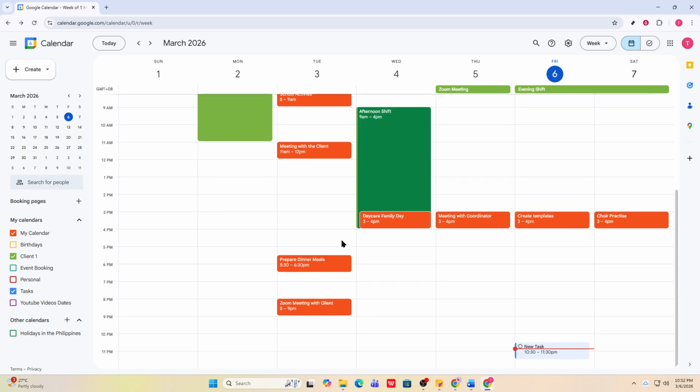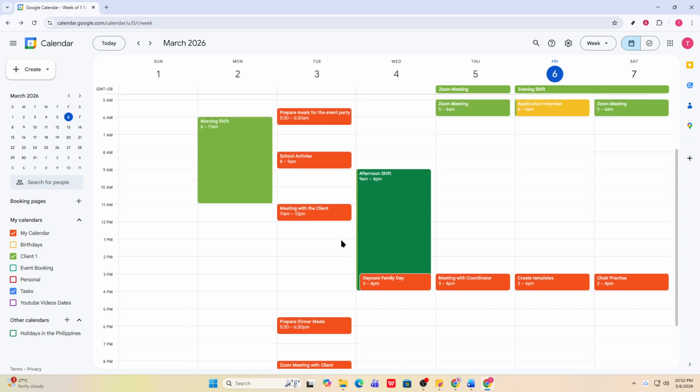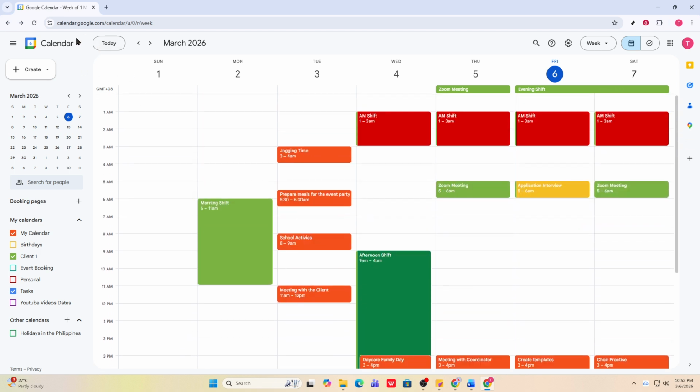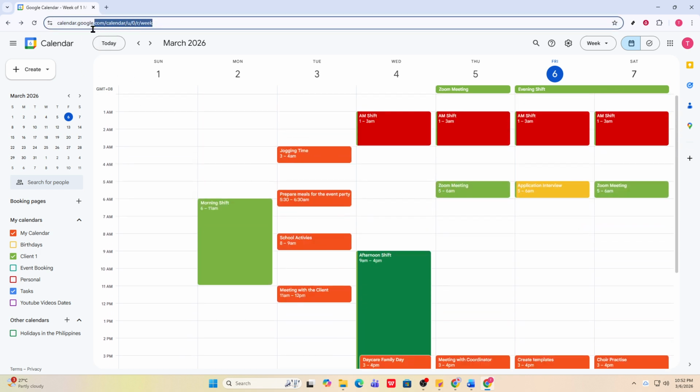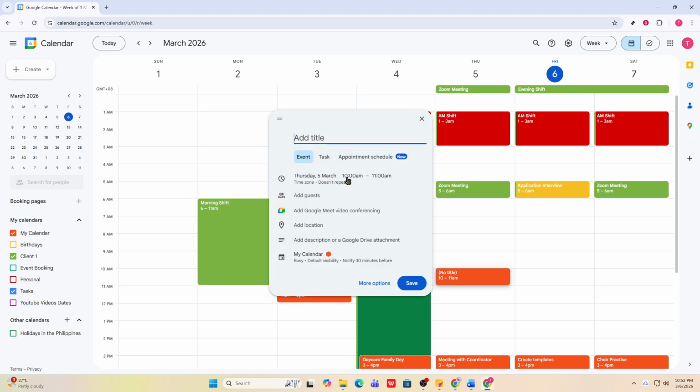Start by opening your preferred web browser and heading to calendar.google.com. If you're not already signed in, log into your Google account so you can access your calendars. Once your calendar loads, choose the event you want to work with. You can either click an existing event on your schedule or start a new one if you're creating something from